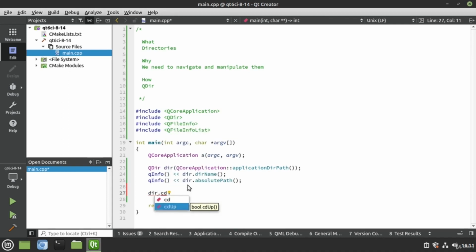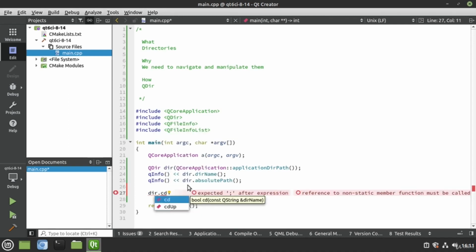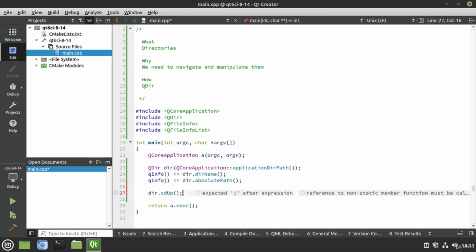From here, I'm going to go dir.cd up. Notice there's a CD with a directory name and a CD up. So CD stands for change directory. We could tell it where we want to go, or we could just go up a level. So I'm going to go CD up. And now I want to